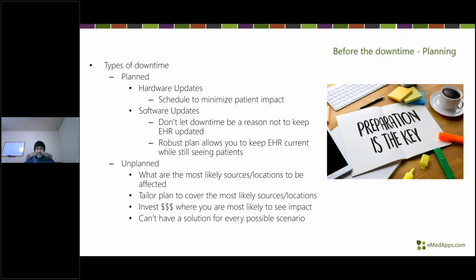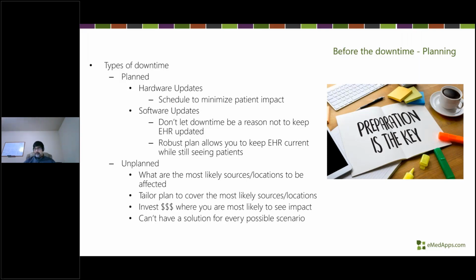If your plan is robust enough, you can accommodate downtimes, even if they go into days during an upgrade. It's not uncommon for an EHR upgrade to take a couple of days from start to finish, by the time you begin the update process, go through the update, and then validate the update afterwards. So that has to be factored in as well before you allow your staff and your providers to be able to access the system and start using the EHR again to capture patient visits.